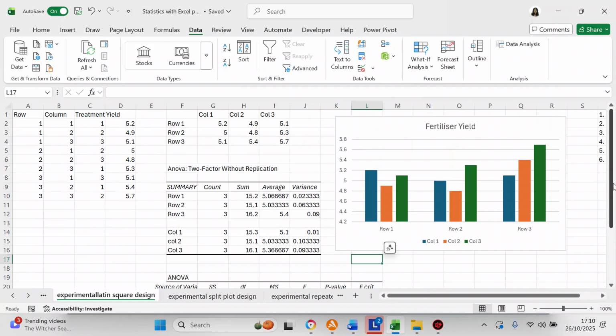And then we get the fertilizer yield for rows 1 to 3 and then columns 1 to 3. According to the analysis of variance, the p-value for rows is above 0.05, and the p-value for columns is above 0.05. So that means you fail to reject the null hypothesis, meaning there's no significant difference between the samples in the rows and the columns. So that's it for our analysis of variance in the fertilizer yield